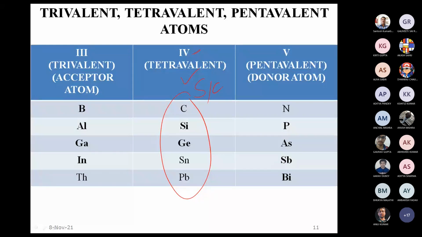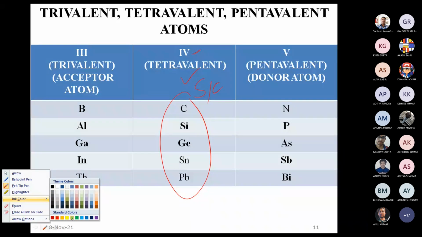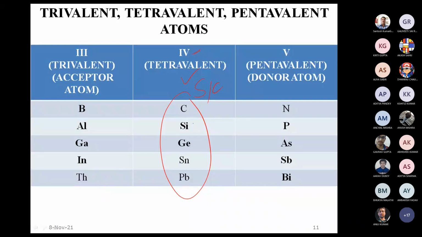These have some special characteristics, and out of these, the main elements which we look at are silicon and germanium. Carbon is also used, but